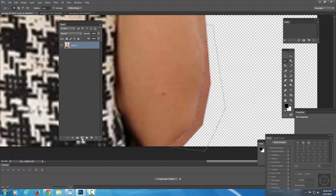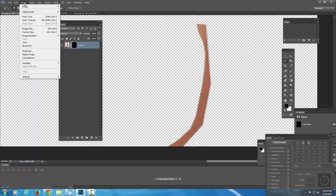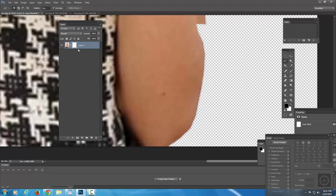So what I would do is make a mask instead. Here, add a layer mask. That got rid of everything except what I had selected. To change that, all I've got to do is invert the color of this mask. So go to Image and look for Invert. And so now I have the mask inverted. If I shift click on this,